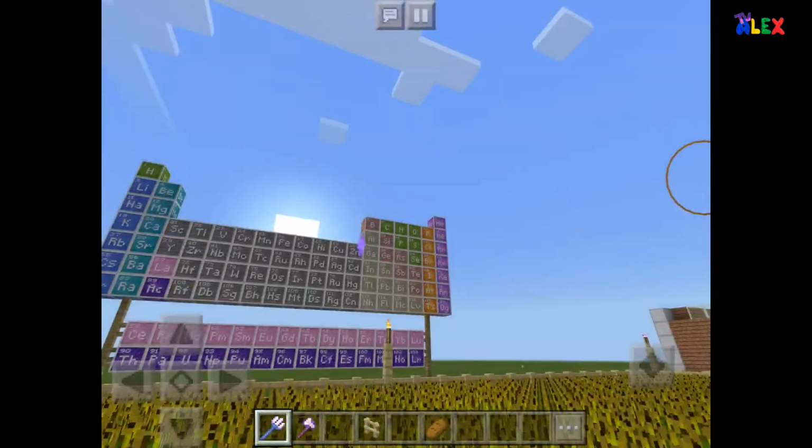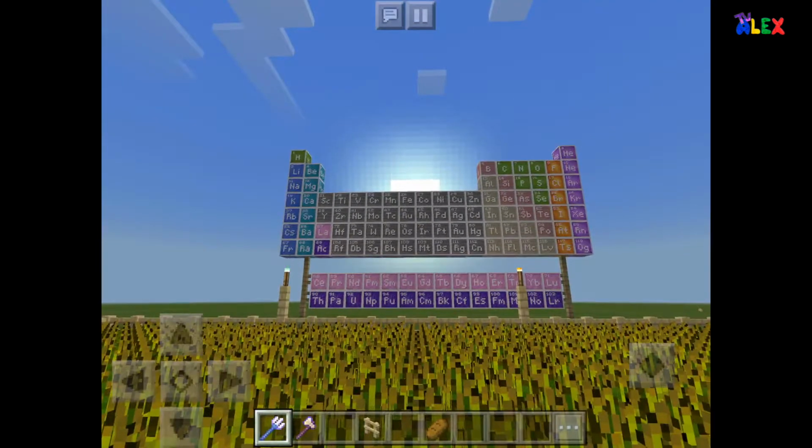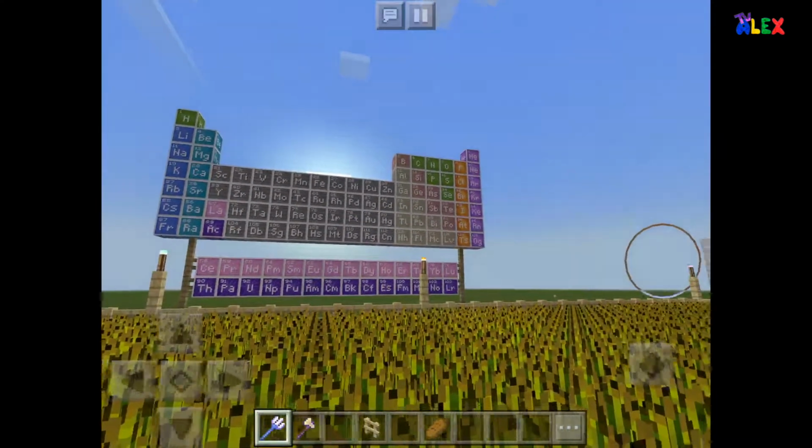So here's the periodic table. I also got Trent. So this is the periodic table. As you can see, you can see all the elements. You don't need to know their names because